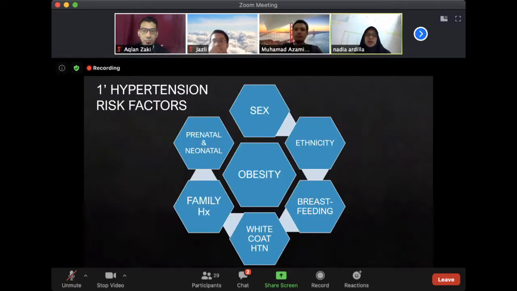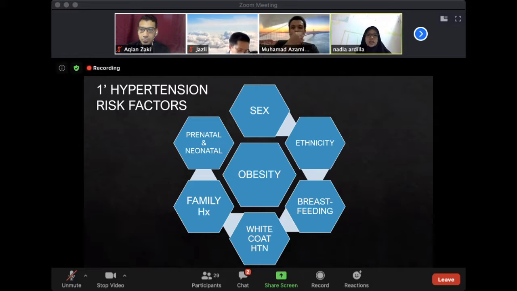So for primary hypertension, there are a few risk factors that we can think of in order to diagnose that this child has primary hypertension. First of all is obesity. Obesity is a highly likely cause of primary hypertension in children. The second one is sex. There are studies that state the prevalence of primary hypertension is more in boys rather than